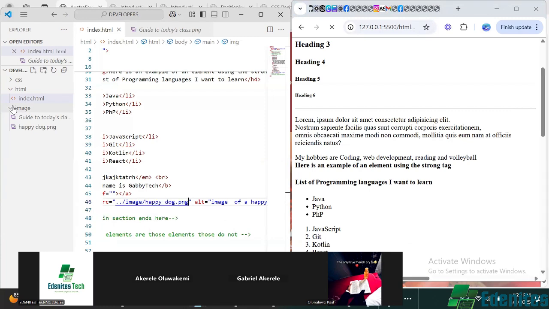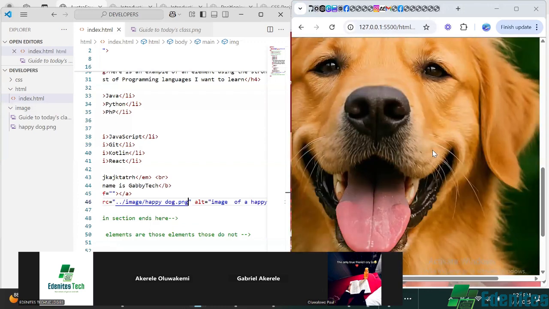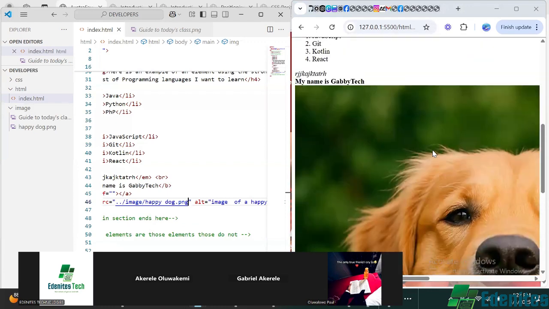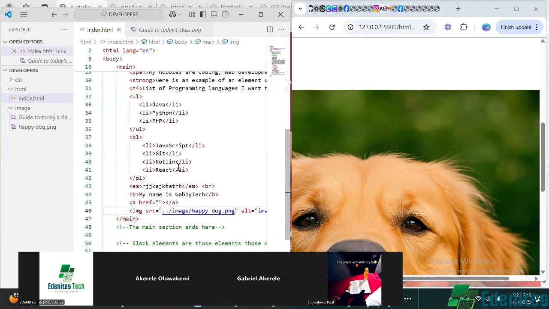I press it. Now watch. The dog should automatically display. Wow. The image of the dog I gave is actually displayed. A very happy dog. Now for your record, it's good you know that images appear as big as they are until you resize them. Remember that attributes, the definition I gave you about attributes is that